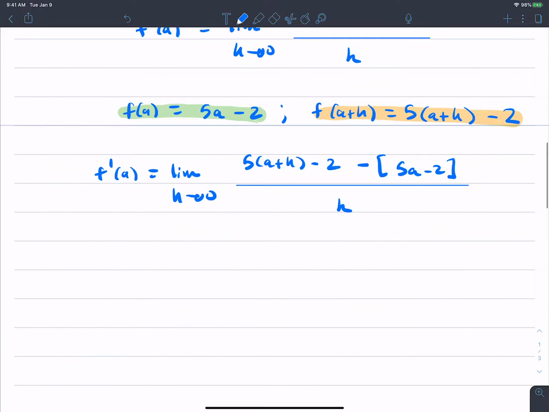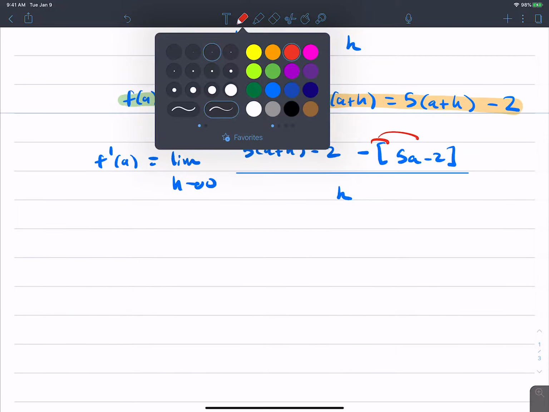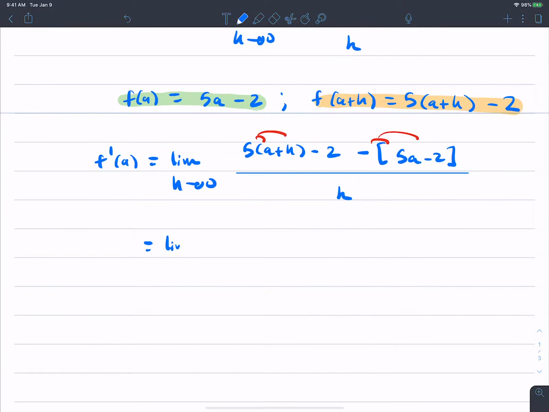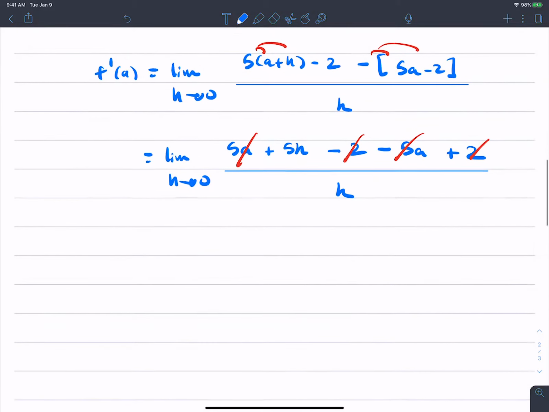You're going to use some algebra in this numerator, meaning you're going to distribute, because we have to simplify this. So we're going to distribute here. So we get the limit as h goes to 0 of 5a plus 5h minus 2 minus 5a plus 2, and everything's over h. So you can notice here we can cancel the 2's, we cancel the 5a's. So using algebra,